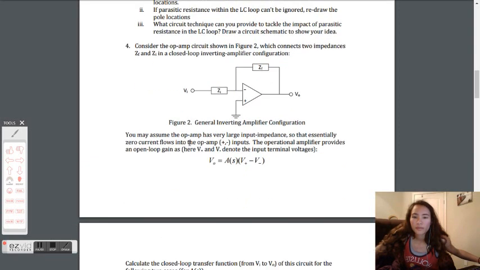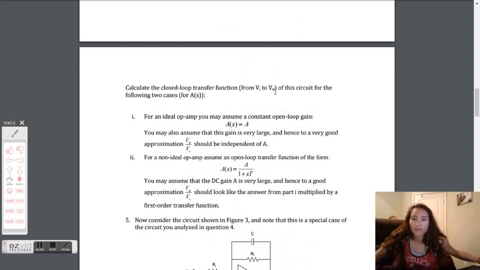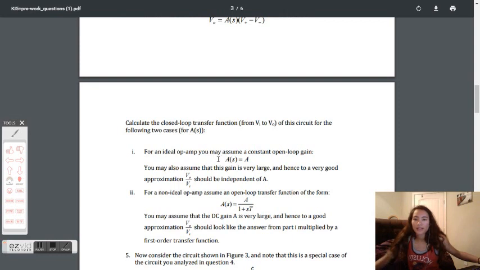So for number 4, we were asked to basically solve for this circuit. We have to find